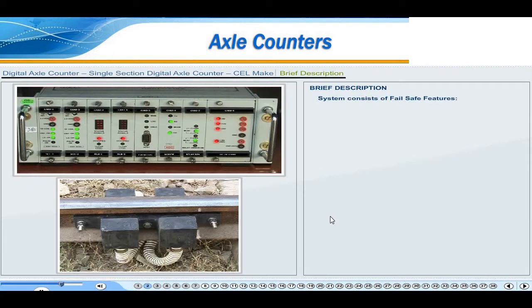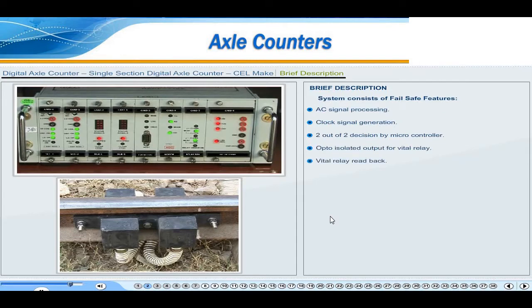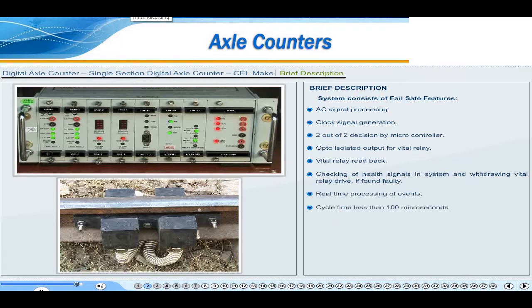The system consists of fail-safe features: AC signal processing, clock signal generation, 2 out of 2 decision by microcontroller, opto-isolated output for vital relay readback, checking of health signals in the system and withdrawing vital relay drive if found faulty. Real-time processing of events, cycle time less than 100 microseconds. Diagnostic features include